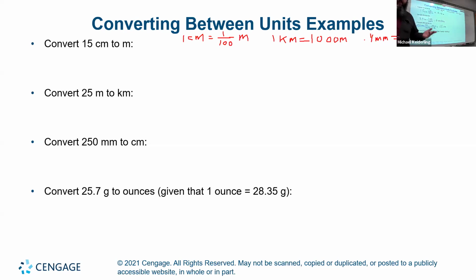And for this, you need a calculator. Now, where did I put my calculator? So 25.7 grams times 1 ounce divided by 28.35 grams. The grams cancel. And we get